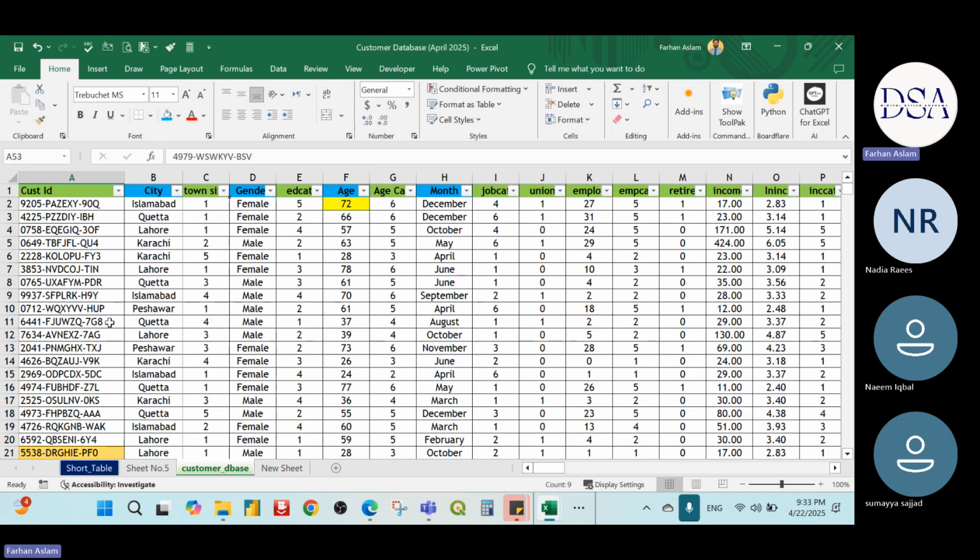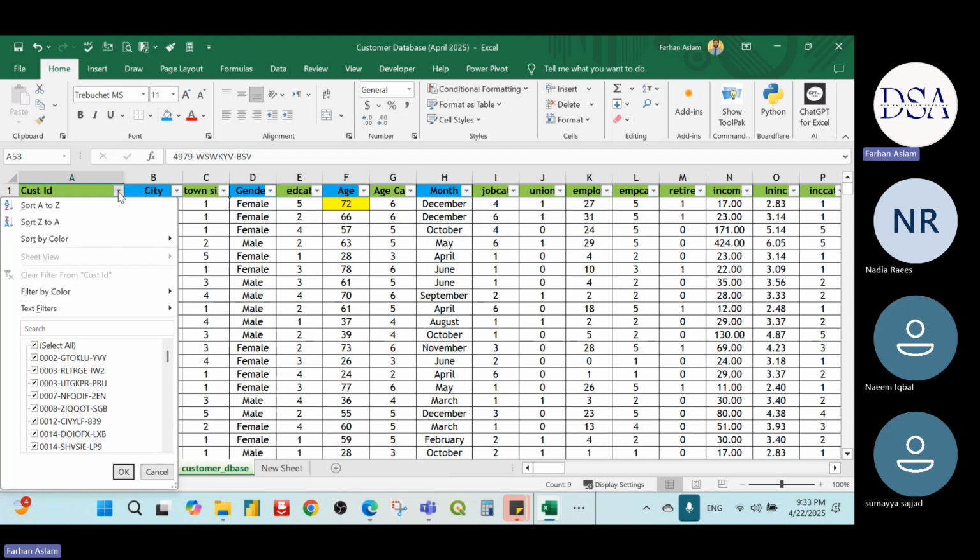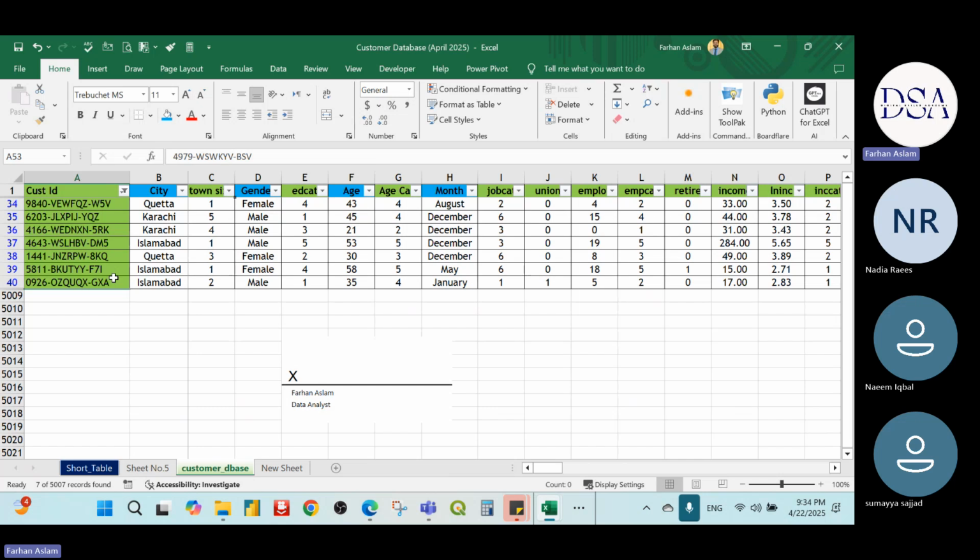So you can apply filter option according to color combination. For example, if you want to select all cases with green color, go to this filter by color option and pick this green category,